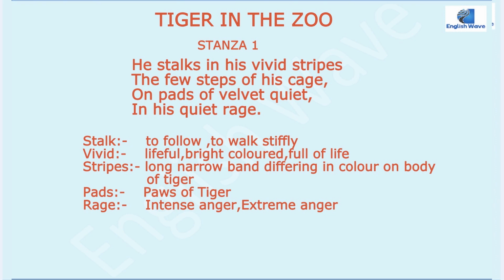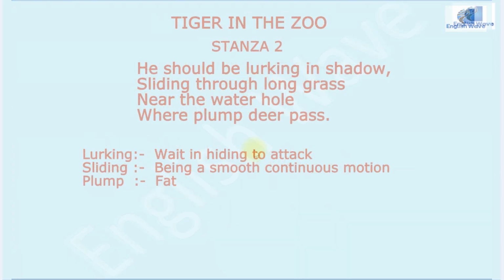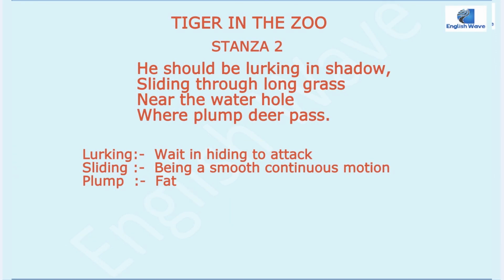तो इस पूरे स्टैंजा में पोएट क्या डिस्क्राइब कर रहा है कि कैसे टाइगर अपने छोटे से केज में मूव कर रहा है, उसकी अपीयरेंस को बयान कर रहा है, कैसी उसकी बॉडी पर स्ट्रिप्स हैं जो दूर से दिख रहे हैं, और टाइगर अपने एक सैड और एंगर मोड में है और क्वाइटली अपनी कन्फाइंड केज में चल रहा है, छोटे छोटे स्टेप्स ले रहा है क्योंकि बहुत छोटे से पिंजरे में है वो, और अपने आप को इतना हेल्पलेस फील कर रहा है। नाउ लेट्स सी द सेकंड स्टैंजा।